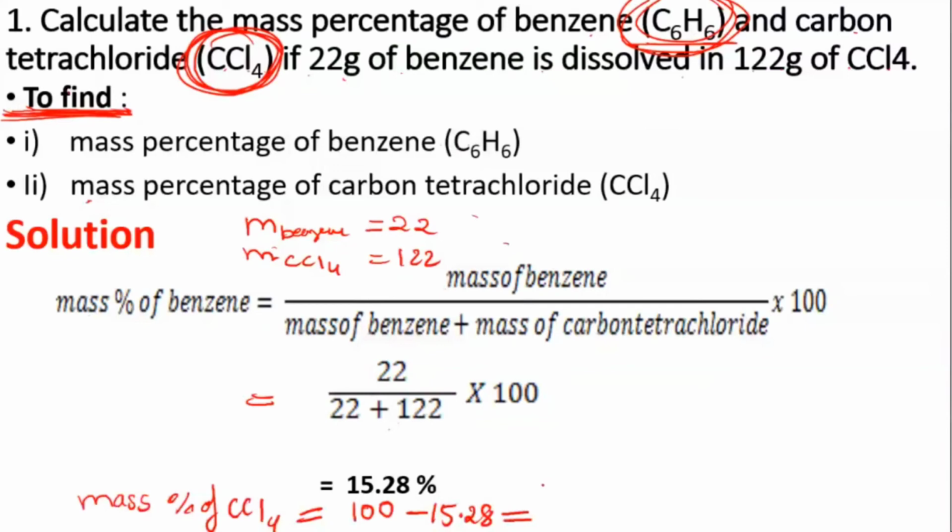Okay, because they will understand that you know the concept. But if they ask you only one, then you have to do the calculation. So you are getting almost around 84.7372, like that. Okay, so I'll write this one here. Now copy this down. I believe it is understood. It's a simple problem. Directly mass percentage is asked. So use the formula and direct substitution. No conversion, nothing is there.